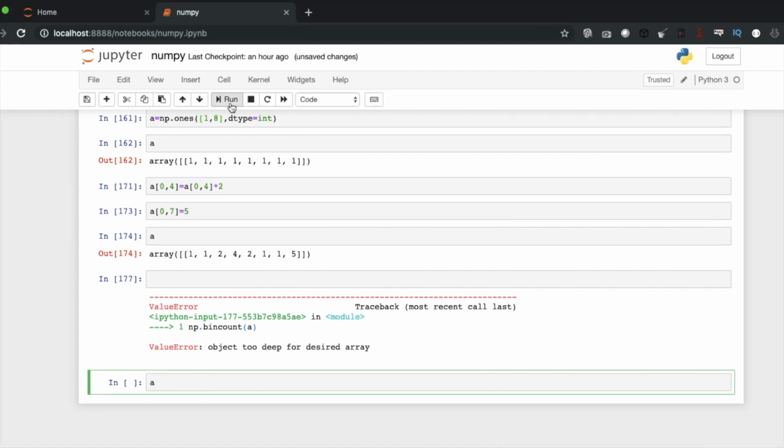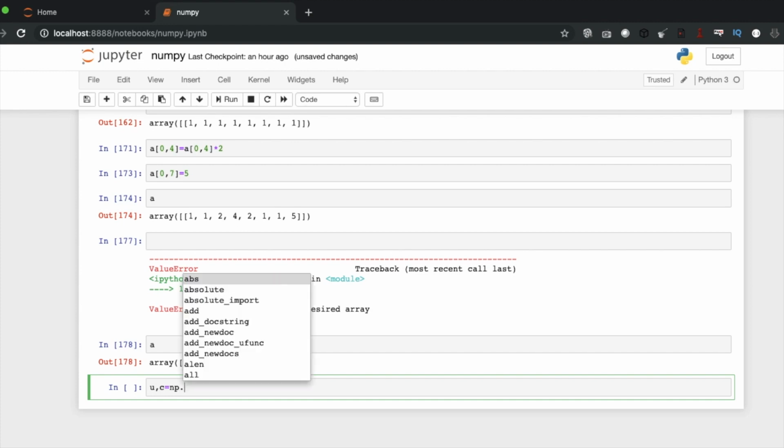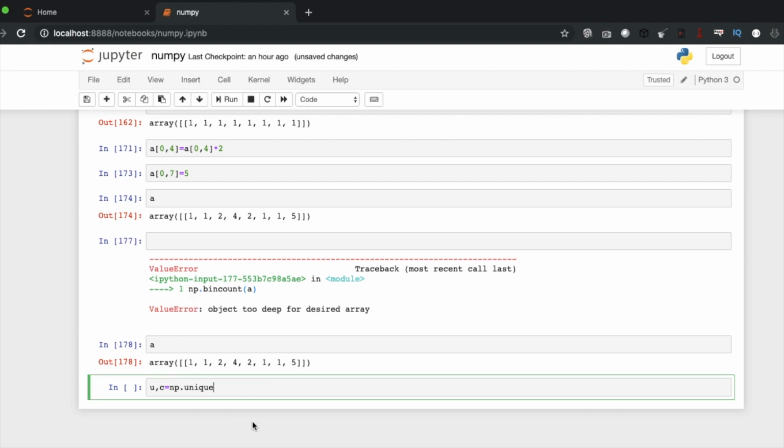Well, so this is our array. So let's find the unique: uc equals np dot unique.